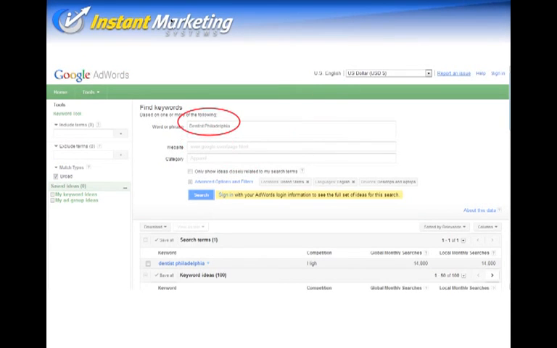Now, once I type in that URL, it's going to take me to my Google AdWords. If you look on the top left, it says Google AdWords. Also, I typed in Dentist Philadelphia. And if we go down and take a look, we see that when I typed in Dentist Philadelphia, they gave me 14,800 people doing a local monthly search on just this one search term every single month. That's a lot of people. If I'm on the first page, that's a lot of prospects who are specifically looking for my services.